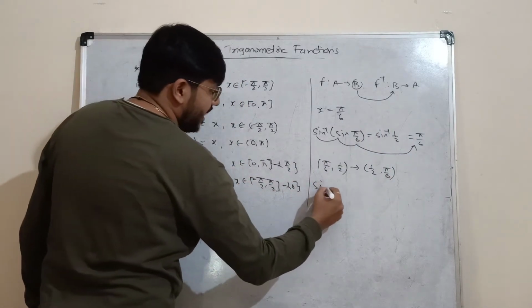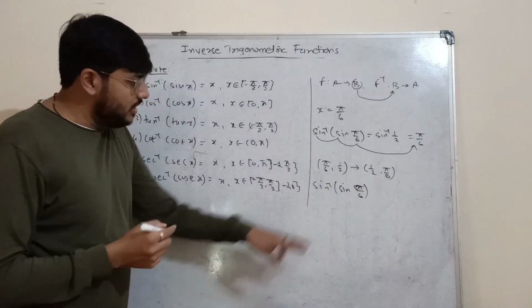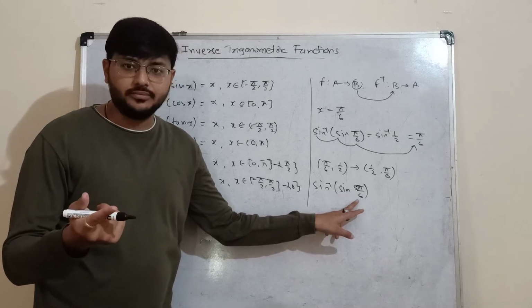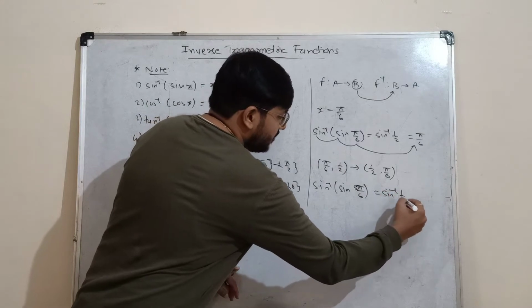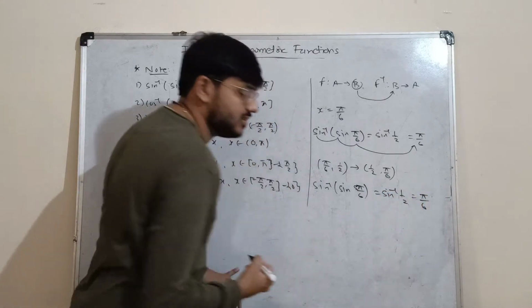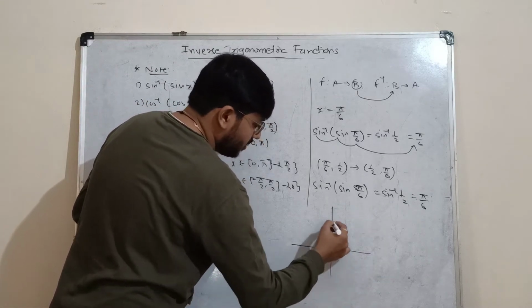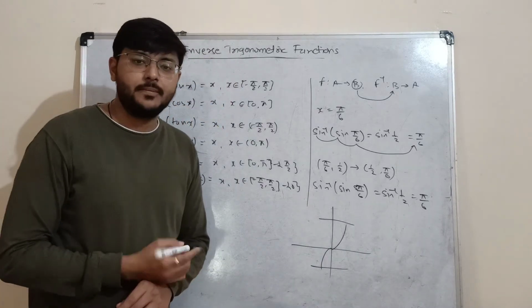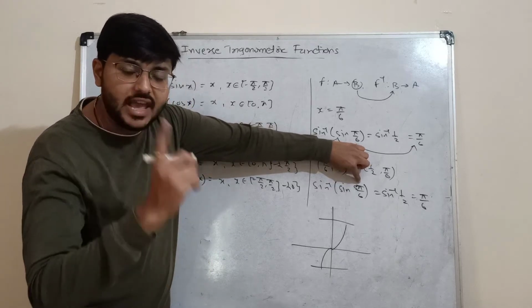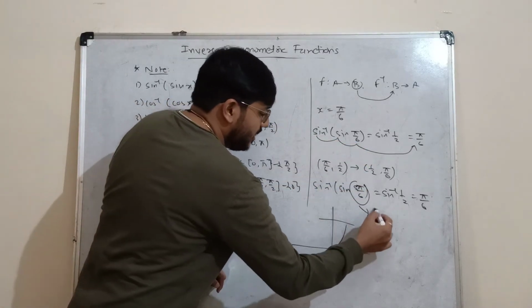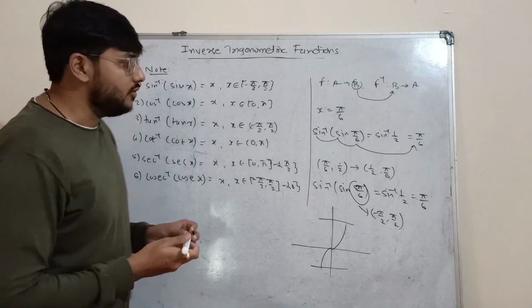But what if I have sine inverse of sine 5 pi by 6? We know sine 5 pi by 6 also has answer 1 by 2. So it will be sine inverse of half, and this is again pi by 6, not 5 pi by 6. The reason, if you remember the graph of sine inverse, is that the answer can only be between minus pi by 2 and pi by 2. So if we have sine inverse of sine 5 pi by 6, we have to convert the 5 pi by 6 into the interval of minus pi by 2 to pi by 2. So you understand the properties.